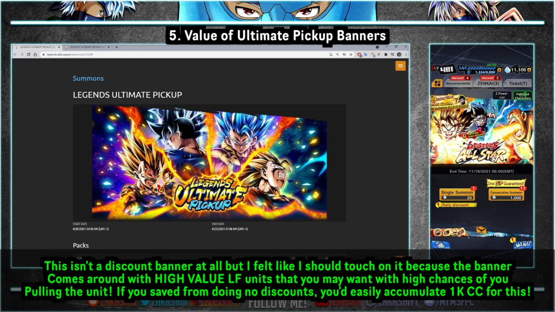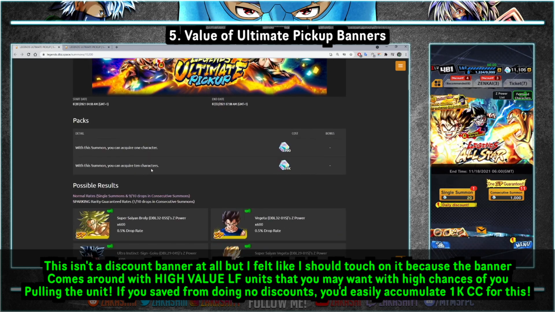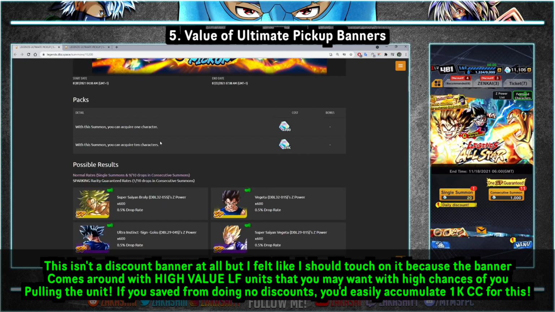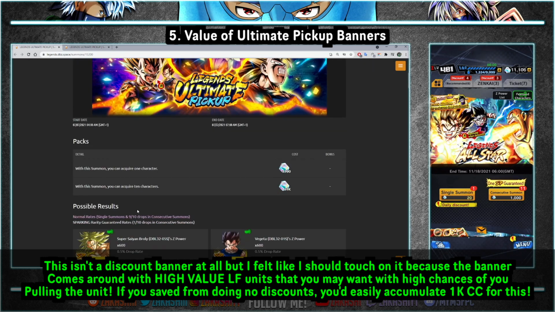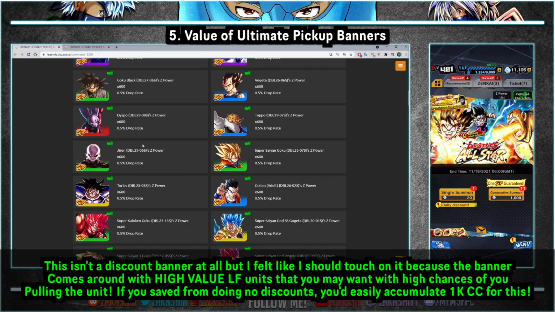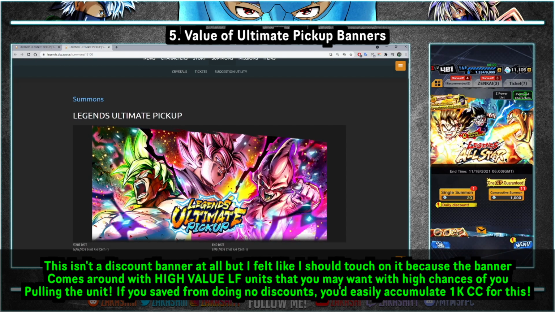Now this banner here, I don't believe they usually come with discounts. However, this banner has a lot of value, and it depends specifically on what team you run, and it gives you a sparking every time you do a multi, which is very valuable. People often chase the LFs on these banners. I've got 2 here for example,